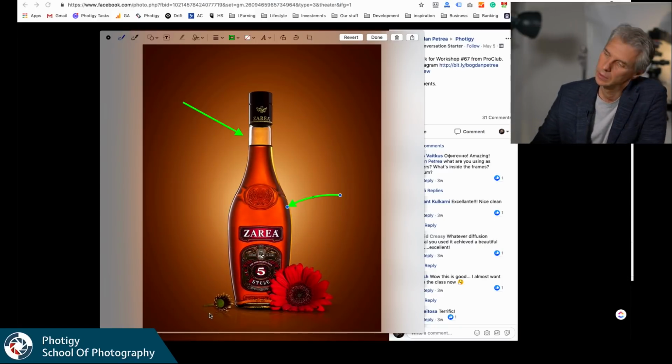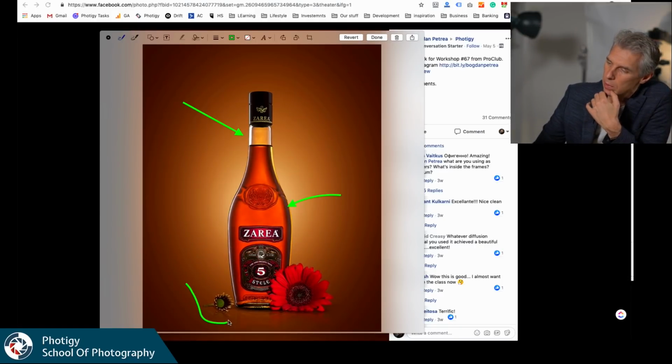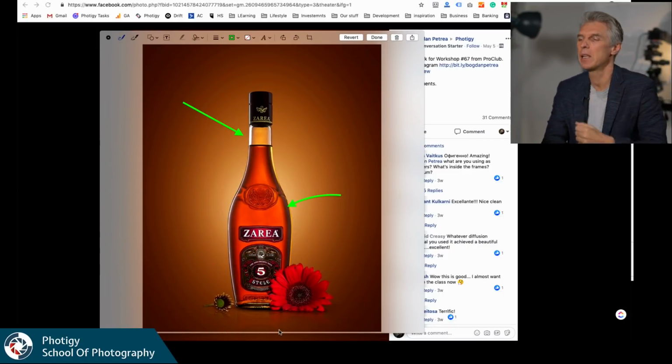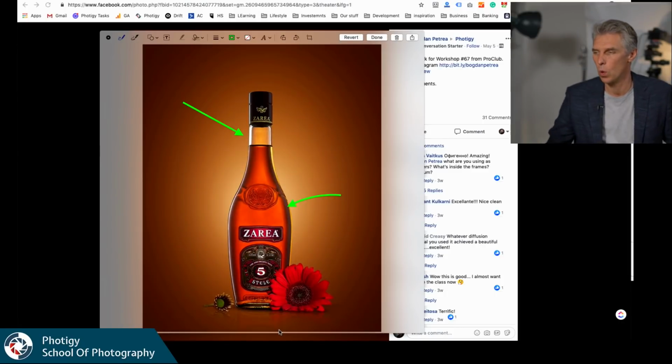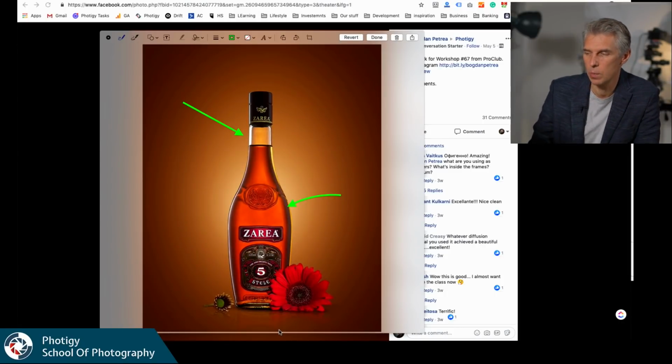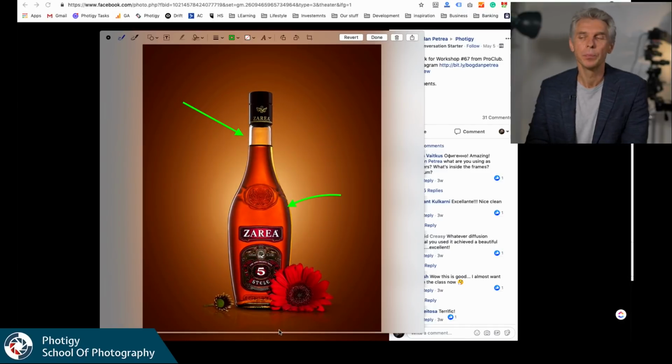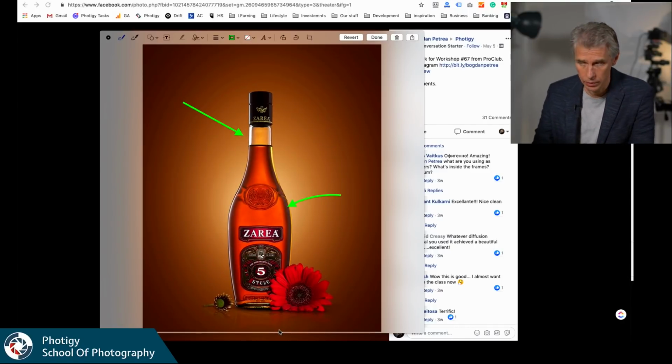I'm not sure about this one. What do you think, guys? Maybe without it, it will be enough, or maybe if you put it somewhere here. But probably without it. I don't know. And the biggest question, why this flower? What, is it somehow related to the product? If it is, then it's fine. If it has nothing to do with it, you just love the color,